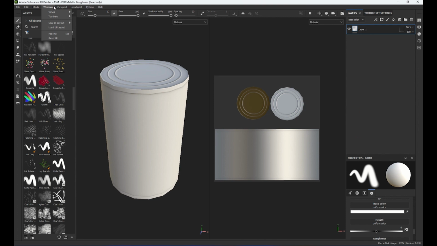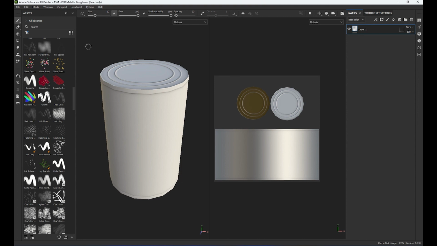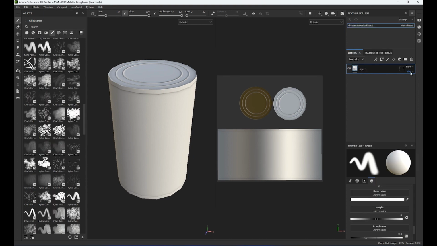If you ever lose something, like say you accidentally close out of properties and you need to bring it back, go ahead and reset your UI. The reason I reset my UI is I noticed the texture set list was gone and I wanted to touch on that. The texture set list isn't going to have a huge play in this particular tutorial,